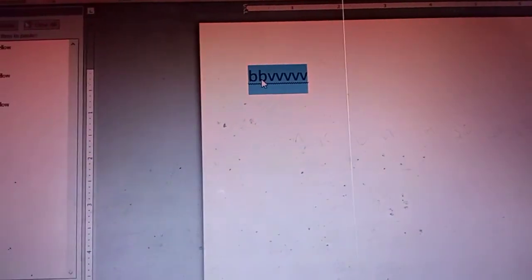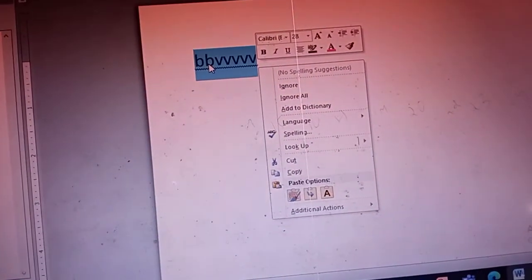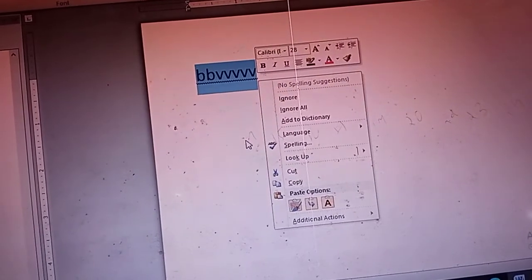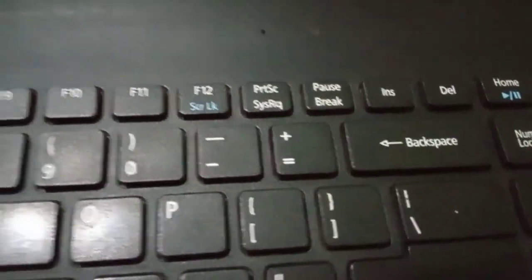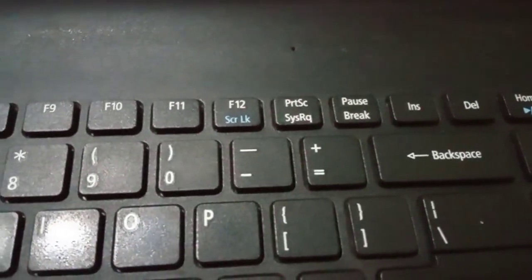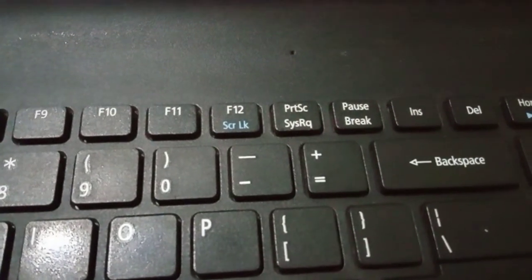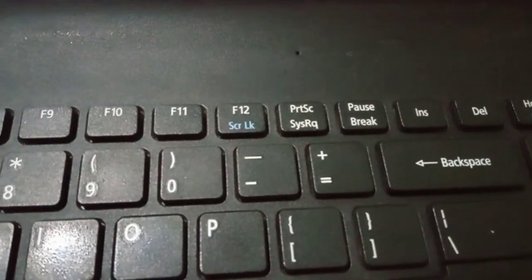In other ways, for example, if you want to delete this, just right click and cut here, or you can simply use the delete button. So these are the different ways for deleting. You can use delete, or you can use cut. Okay, hope you understand this.